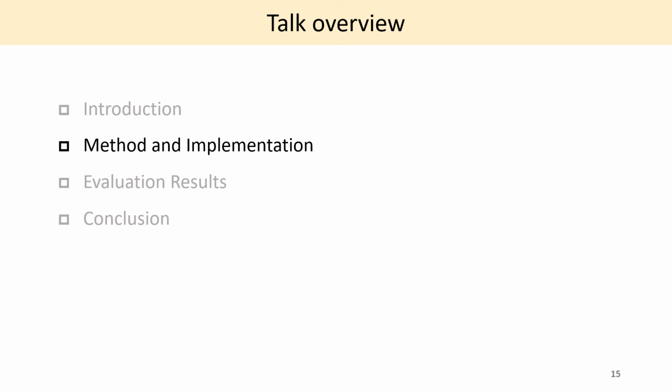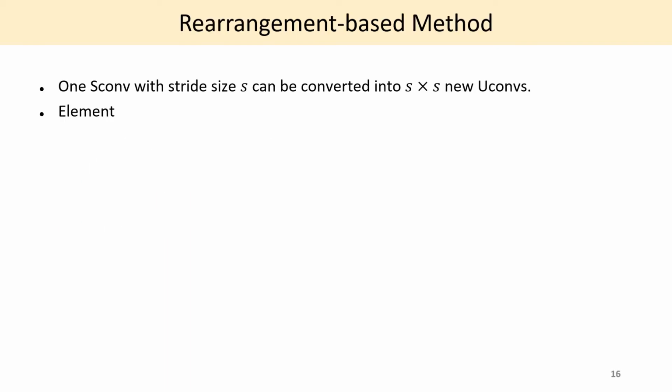Let's come to the second part, the method and implementation. We use two methods to achieve FFT-based strided convolution: the rearrangement-based method and the sampling-based method. For the rearrangement-based method, one strided convolution with stride size S can be converted into S times S new unit